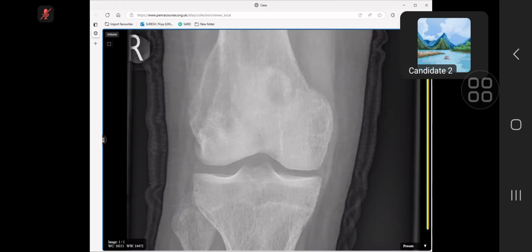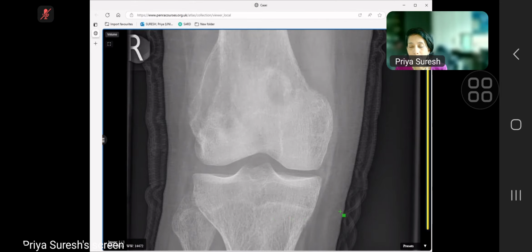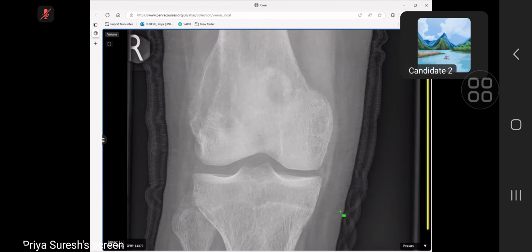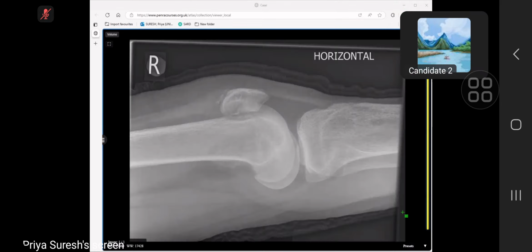It is quite irregular and shaggy type of borders. There is a periosteal elevation which is solid. The tibial side is relatively normal. I would like to check the record as this process is going on both sides, and it is predominantly affecting the femoral end. There is no widening of the intercondylar notch. So I would like to again check the record if the patient is a known case of having any hemophilia or